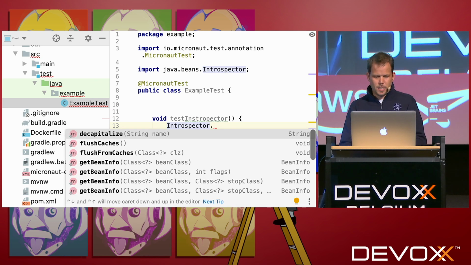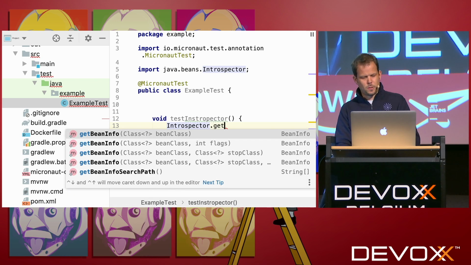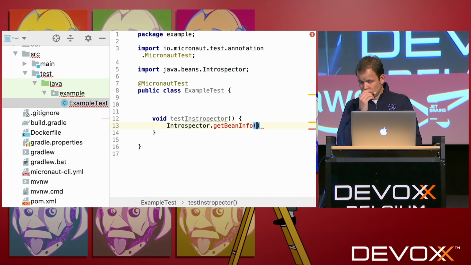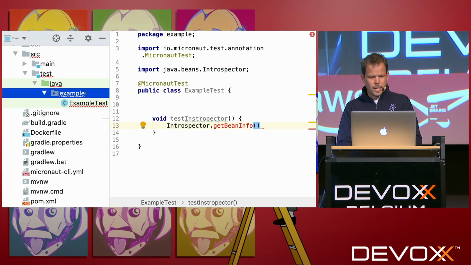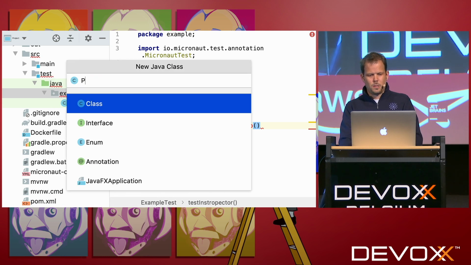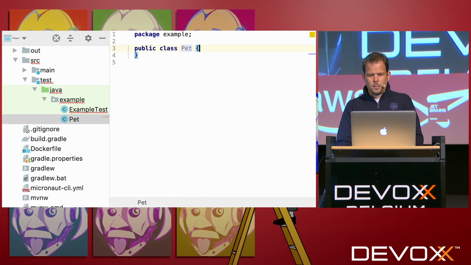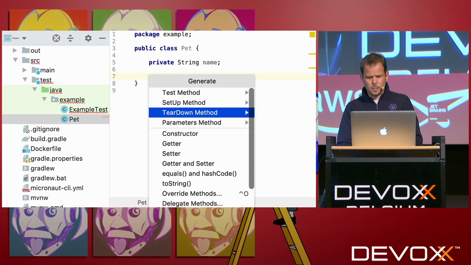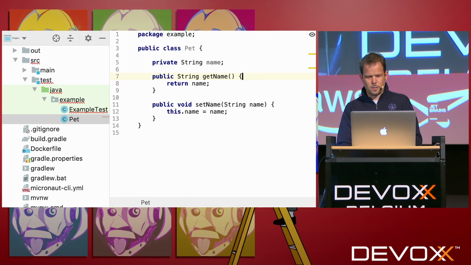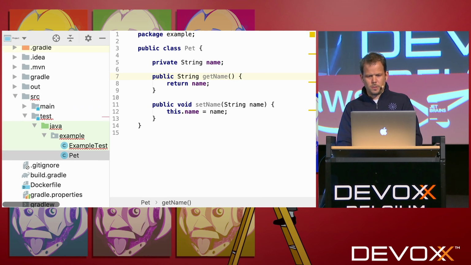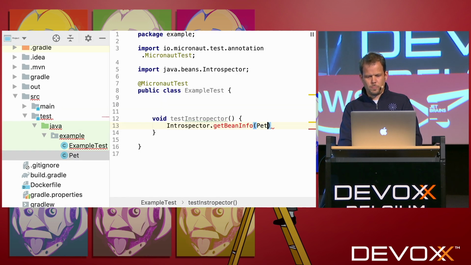Many frameworks in the past have been based on this, where you would call getBeanInfo. If I had, for example, a Pet class here that had a name and a getter and a setter, I could say getBeanInfo(Pet.class), and